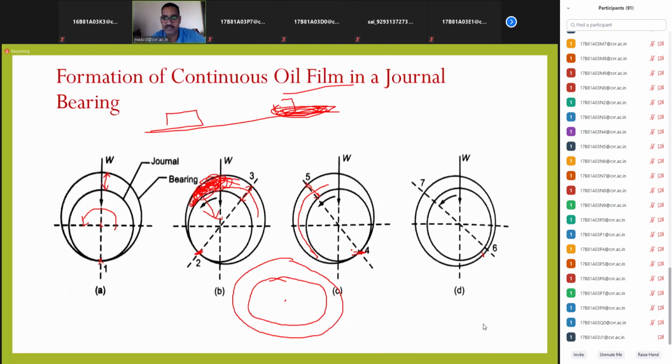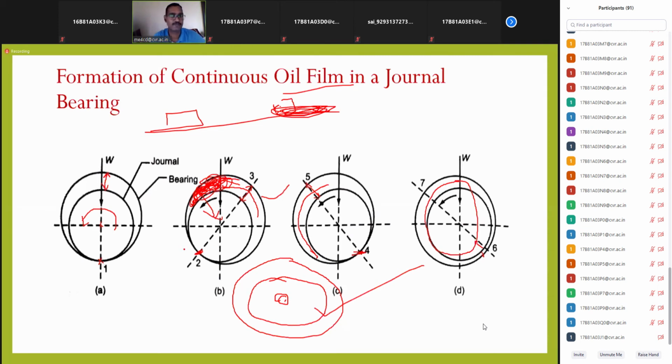ఇక్కడ for example ఇక్కడ చూడండి, here this is a point of direct contact between the shaft and bearing, and here there is a gap, there is a decrease. Then in the next case, this oil will be filling here somewhat more, and this will try to push somewhat up to here, let us suppose, right? So in the same way, during this full cyclic process, this shaft will be balanced with the oil film, right? ఒకవేళ మనకు స్పీడ్ తక్కువ ఉంది అంటే this will be the case, and if the speed is increasing, then this will be the case, right? This is how the oil film will be maintained within the journal bearing.